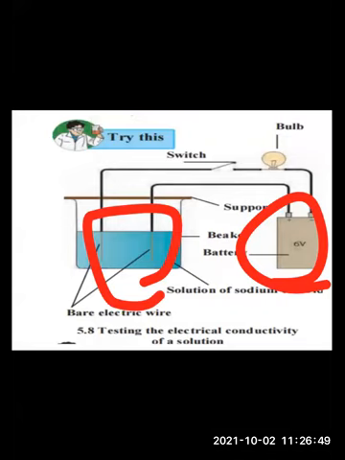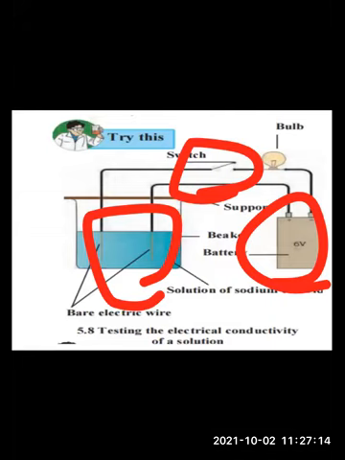While connecting the other wire to the negative terminal of the battery, one wire goes to the positive terminal and the other to the negative terminal. Include 1 switch and 1 holder. What do we have to take? We have to take 1 switch. The switch is shown here. And 1 holder. The experimental setup should be in this manner.